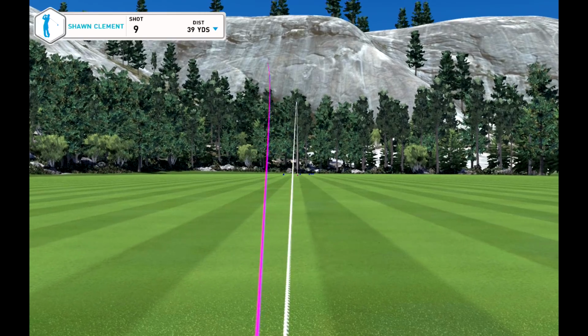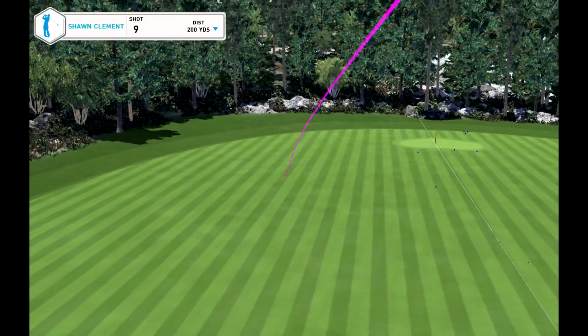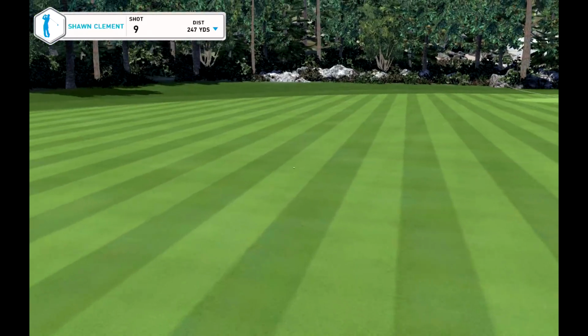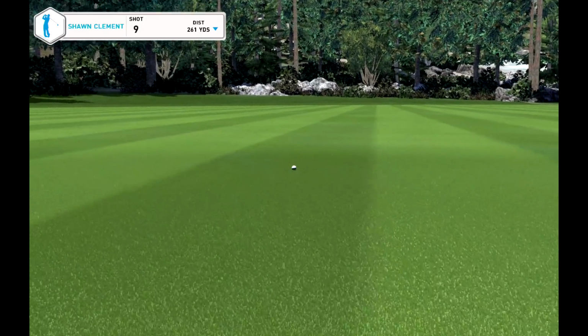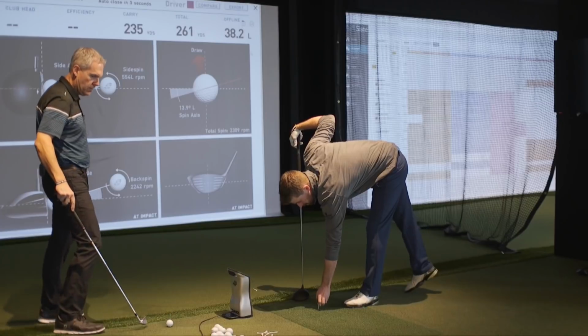Beautiful. A little push, but it felt okay. Yeah, that was a good pass just through the ball. Hung on to it a little bit, but okay. So now, if I were to... That wasn't bad. 260. We'll take it. Yeah. So if I were to go back up to...